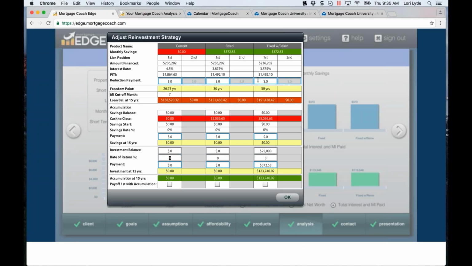You can also show them, split it. You could put $100 toward principal and $272 toward the investment account. So you could do it either way, and you can also apply it to savings if you wanted to do it in that way. So you have three ways to be able to show that reinvestment. So if I press OK,